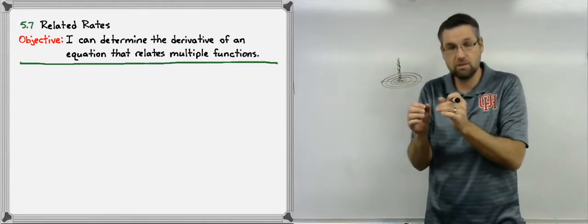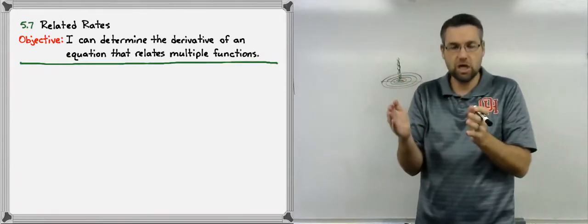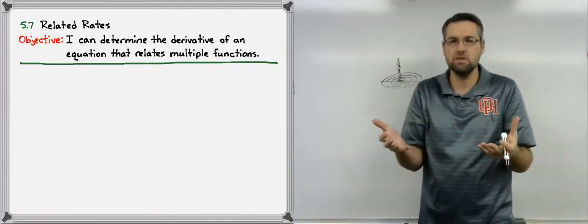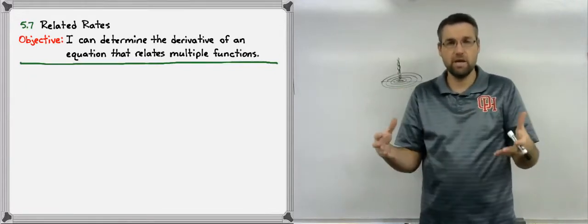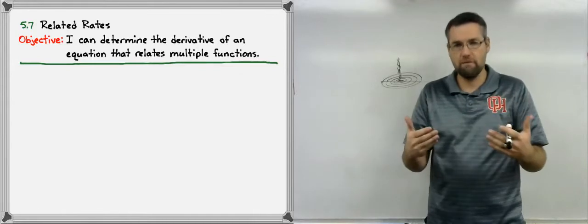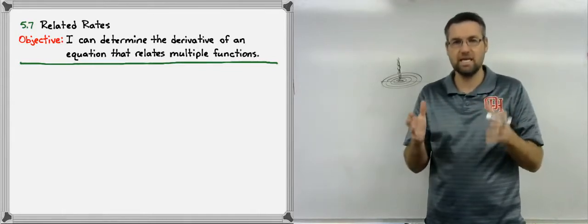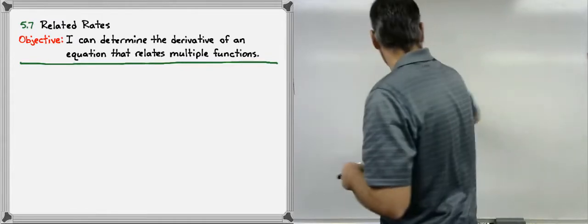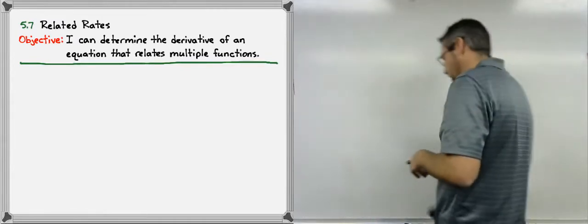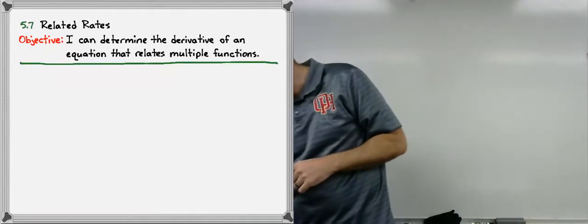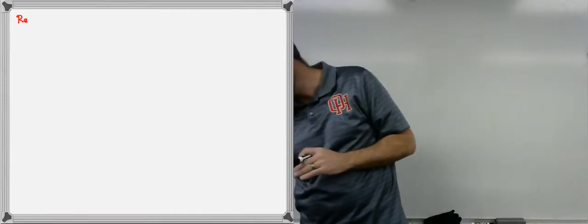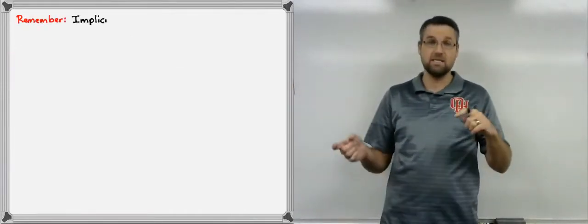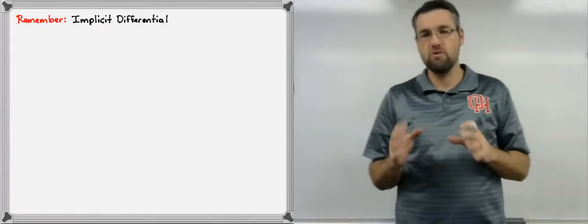We can calculate it based on how quickly the radius is changing, how quickly the circumference is changing, how quickly the area is changing. But all three of those things are going to be related to each other. Okay, so that's the idea of related rates. We're going to spend the next, I believe, 4 lessons talking about this and going over a bunch of examples with it. So with that said, we got to take a step back and do a quick review,